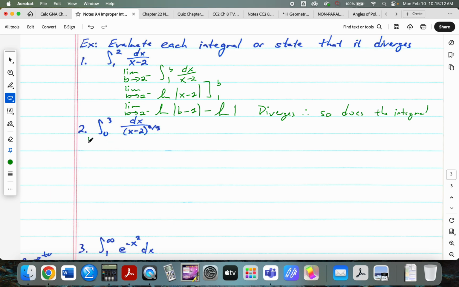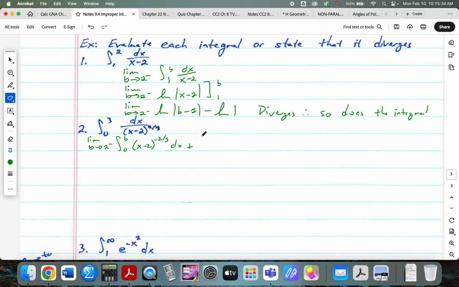So we're going to have the limit as b approaches 2 from the left of the integral from 0 to b of (x minus 2) to the negative 2/3 power dx